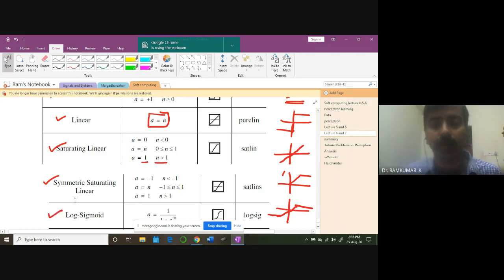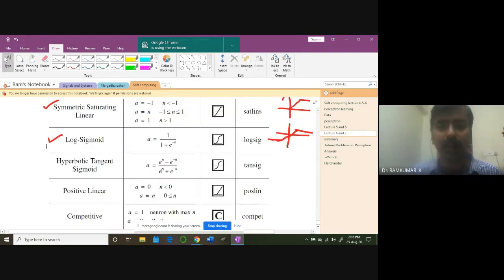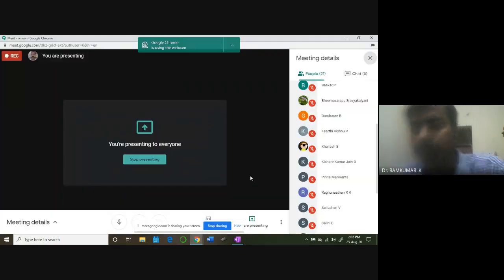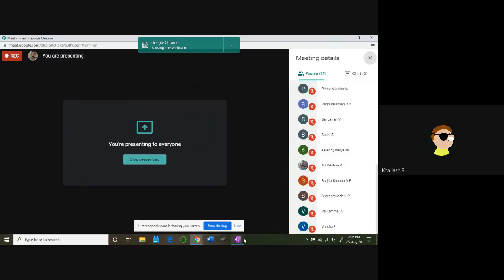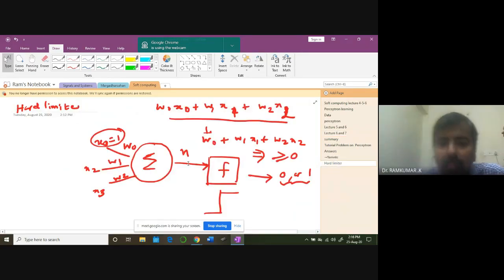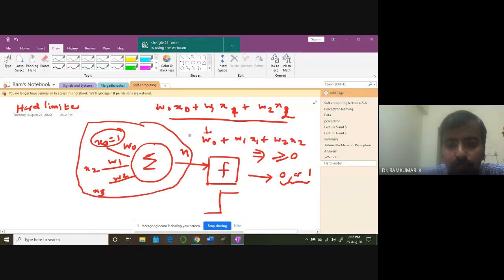These two functions are quite important. Now we are entering into the nonlinear realm. Even saturation is also nonlinear. Okay, this is nonlinear. Log sigmoid. Look at the function. The neural network output is sitting over here. What does this n signify? Anybody in the class? What do you understand from the n? Kailash? The output of the perceptron. Output of the? Tell me this. Output of this linear combiner.